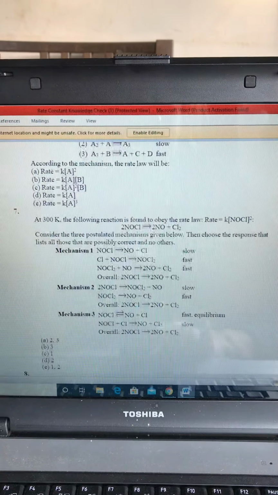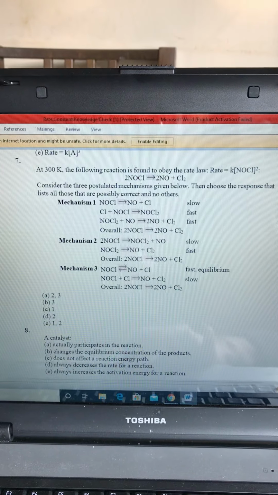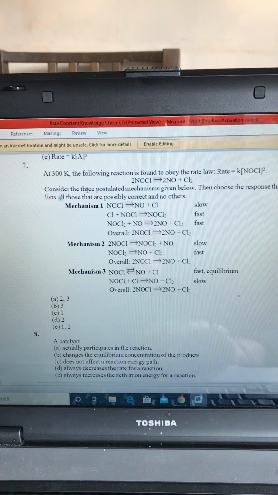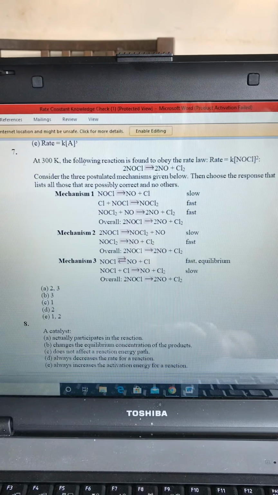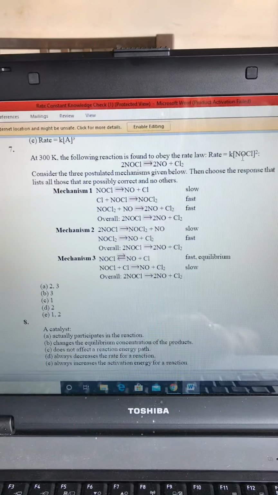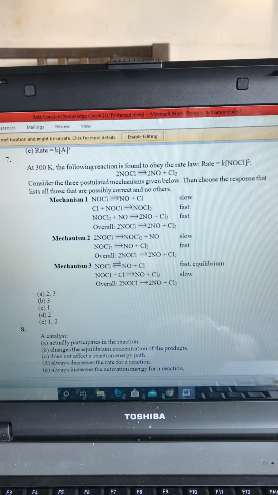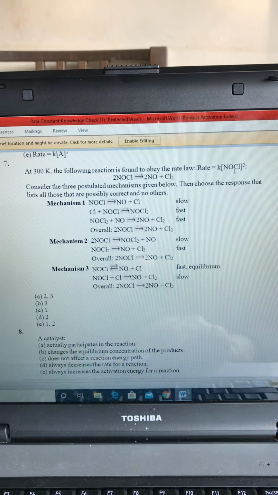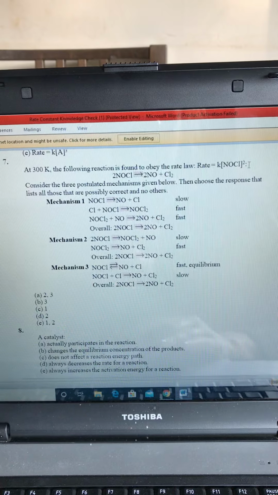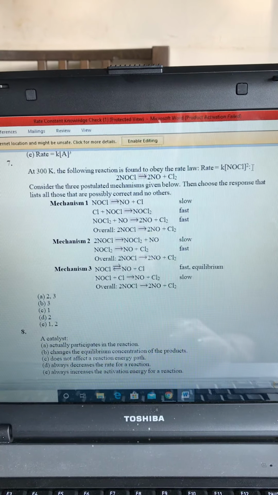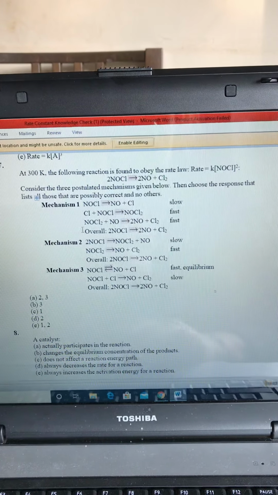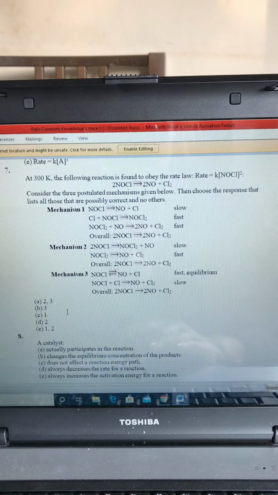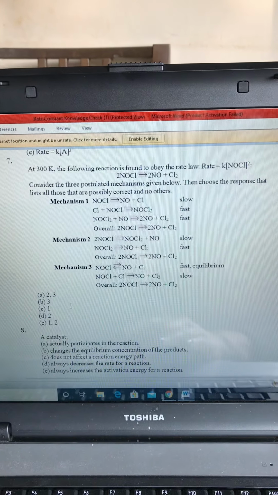And then finally, question 7. Again, similar thing here. So at 300K, the following reactions are found to have this rate equation. So, okay, we've got NOCl raised to the power of 2. 3 possible mechanisms given. We need to choose the response that lists all those that are possibly correct and no others. So,